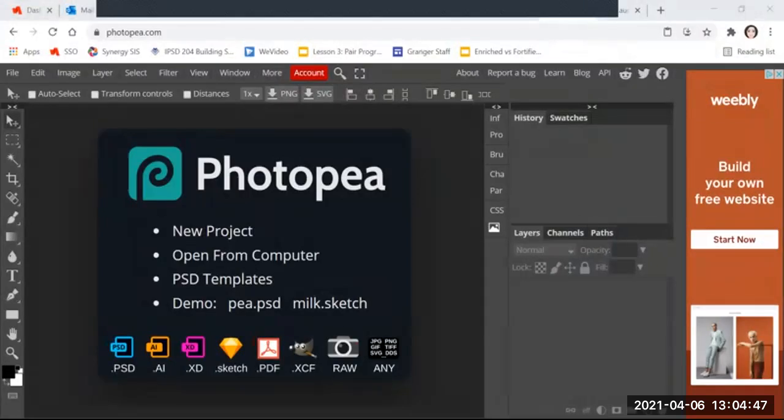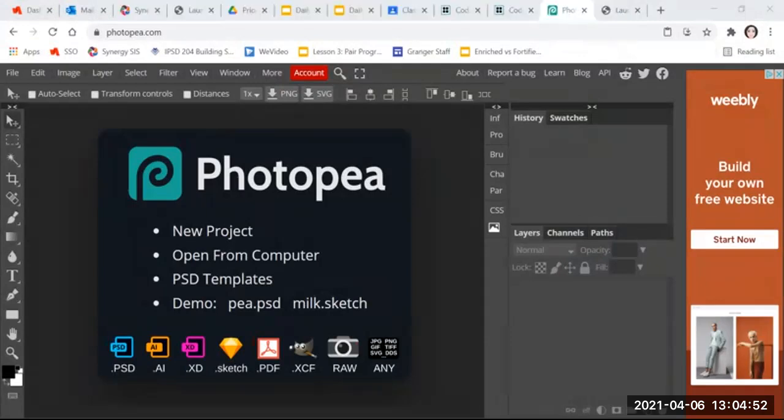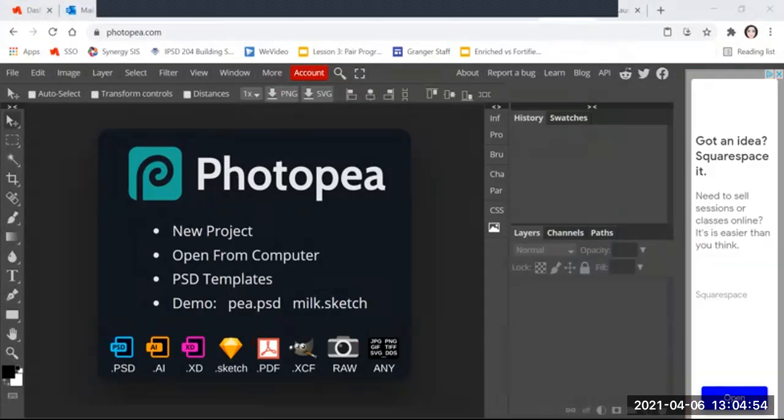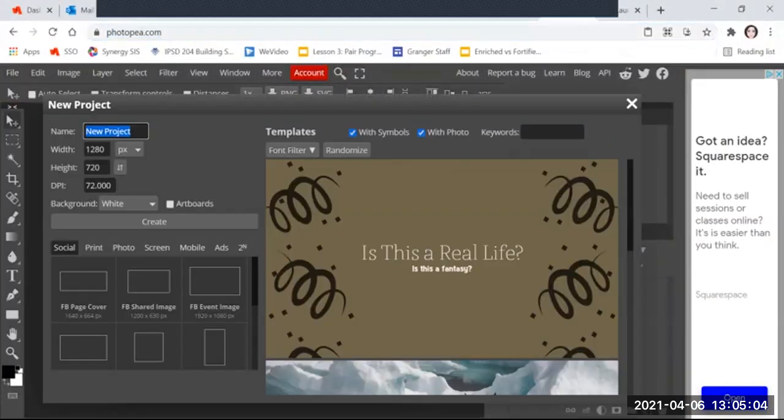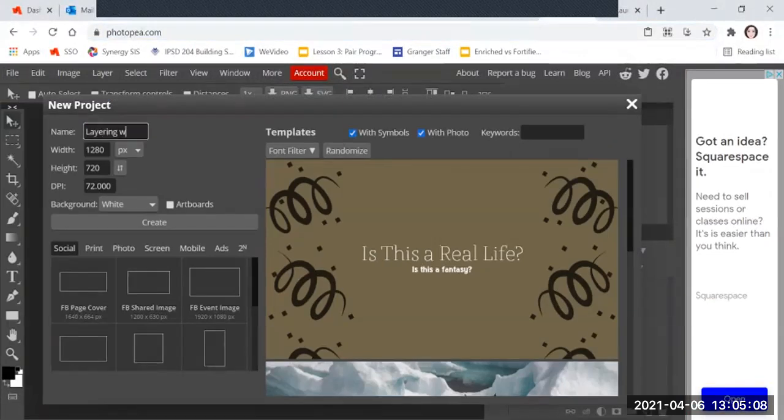I'm going to go over what we did in class today on this layering with shapes activity. First thing that you're going to want to do is to go to photopea.com. Once there, we're going to go to File and New, and we are going to name this project Layering with